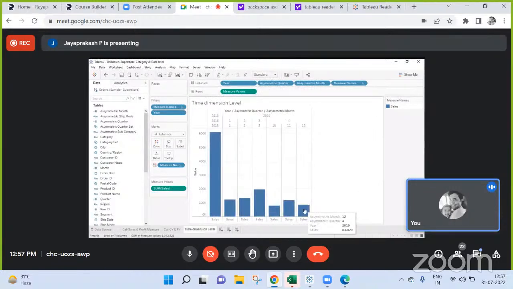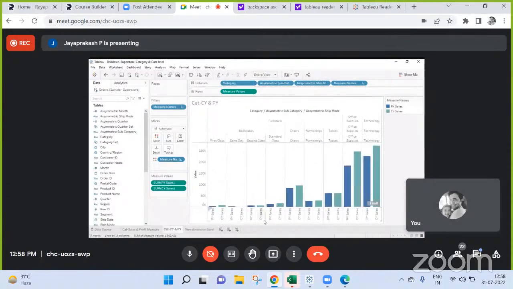Now you are getting both 2019 and 2018 in the bar on the side. If you want the year level comparison, create a parameter which is at year level. That will take only the year level into consideration. But at the same time, both 2019 and 2018 have to drill down. See here you are able to do CY and PY sales because these dimensions are not connected to date, these are generic dimensions. For every generic dimension you have PY and CY, but for years you will not have PY and CY, right?